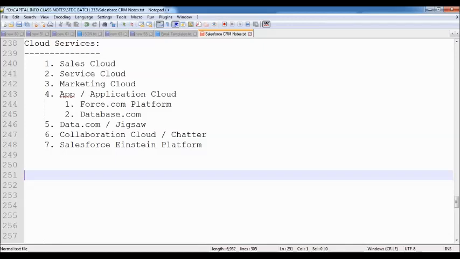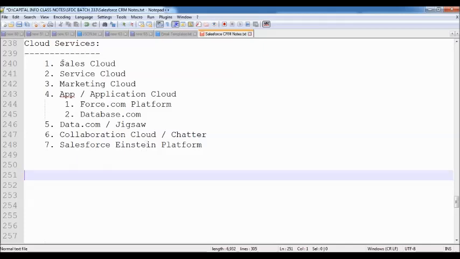Salesforce is offering various cloud services, each and every feature of which I already told you in the initial class itself. Salesforce offers all the services on a rental basis, which can be accessed over the internet without any pre-installation. Without any pre-installation, we can directly access those cloud services. So from the beginning, they are purely offering various cloud services.